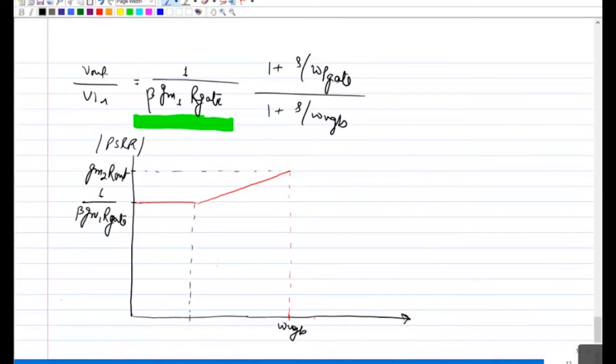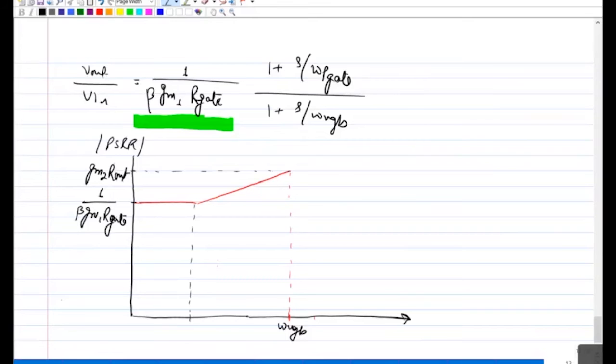So whatever input AC signal you have at the input, that may get amplified if your GM R out is more than 1. So think about you have some ripple at a particular frequency, let's say at omega UGB, whatever omega UGB, let's say you have 1 megahertz, and your ripple frequency at the input is the same 1 megahertz. So it's quite possible that if your supply has, let's say, 10 millivolt peak to peak amplitude, basically the noise in the supply, a fixed frequency noise, at the output it may appear like 100 millivolt or so. So it will make it even worse.